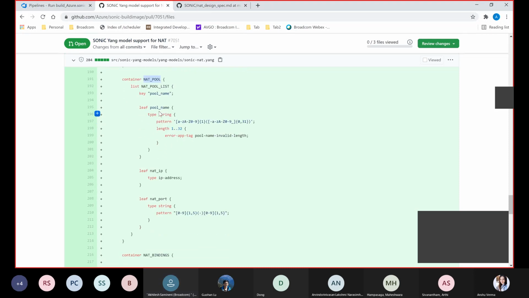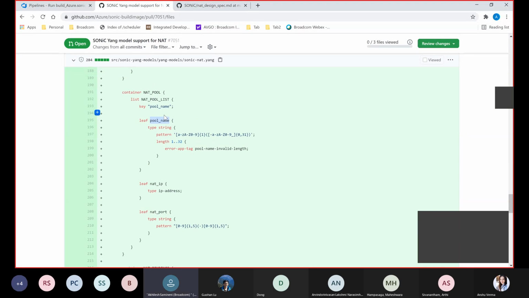Here, pool name is the key and is of type. What is the default value for the NAT port, if it's optional? No, we're not setting any default value for the NAT port here.